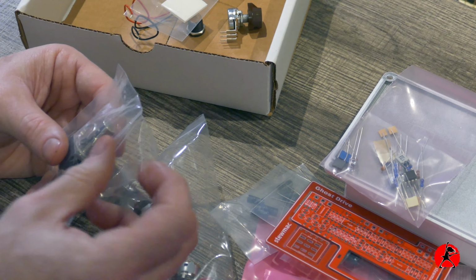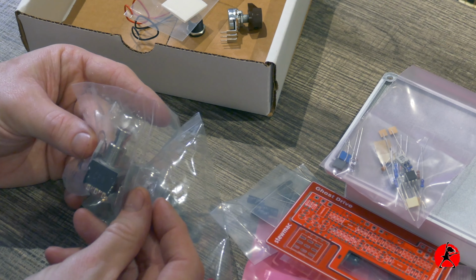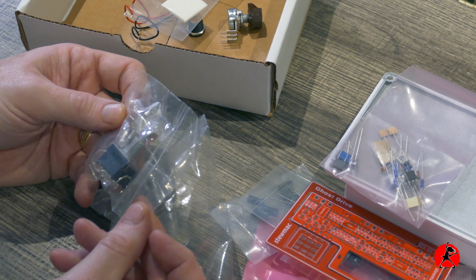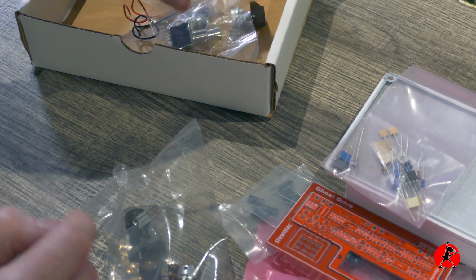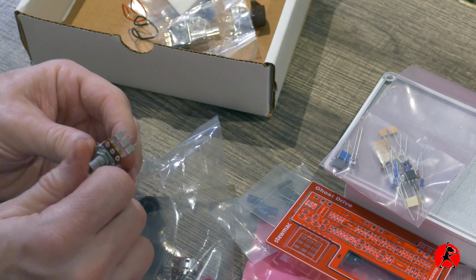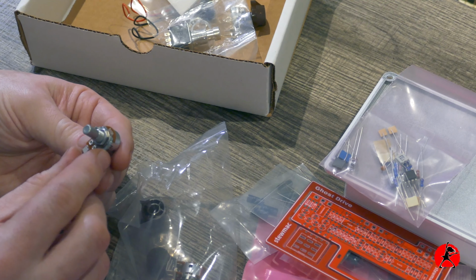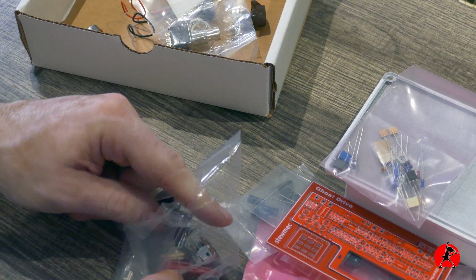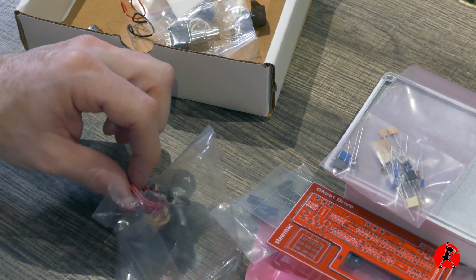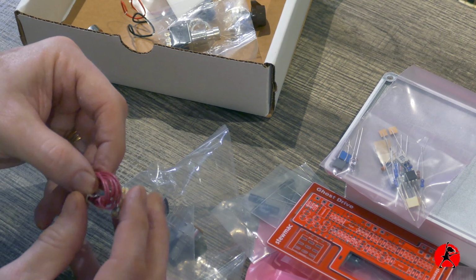I like to look at the switch and see how solid it is. This one seems well made, very solid indeed. So you shouldn't have any issues, and you should have plenty of on-off cycles with that switch as far as I can tell. Seems very well made. Here's another pot, and it also comes with some additional wire, the output jacks